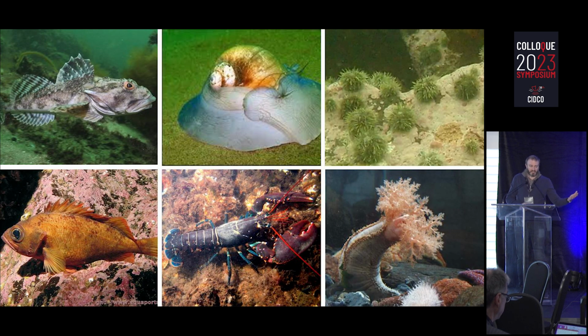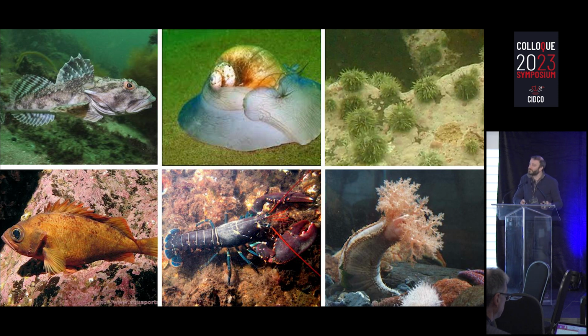Once we have characterized that, then we can also focus on the different animals. In particular, in our group at DFO, we work mainly with invertebrates: crustaceans such as lobsters and crabs, echinoderms such as sea urchins, some fish also, and some